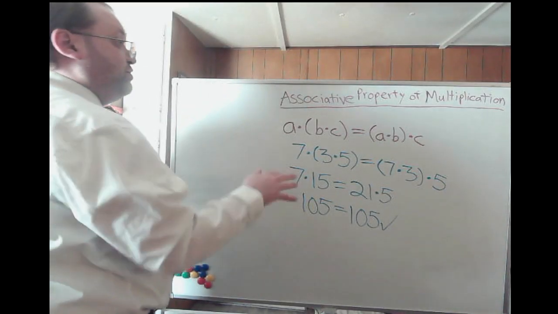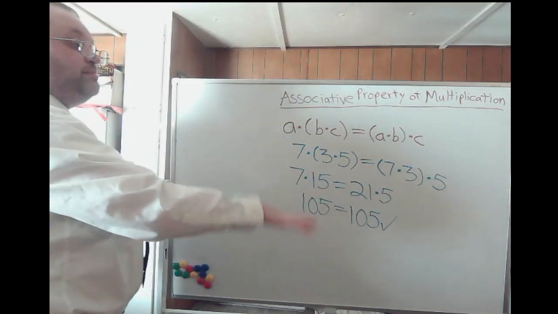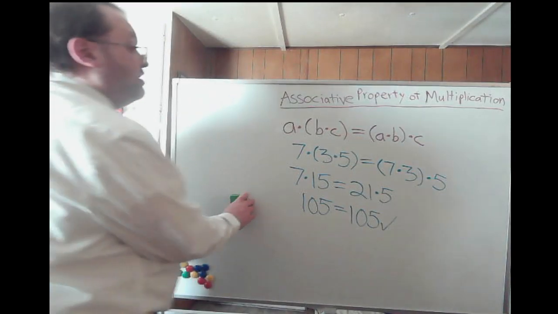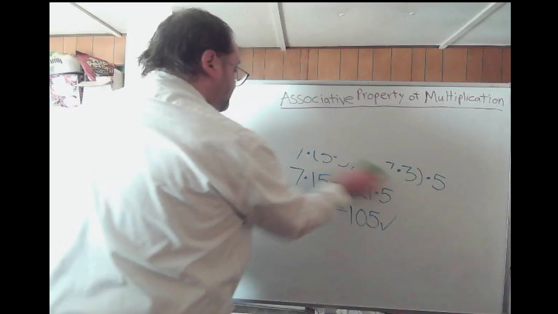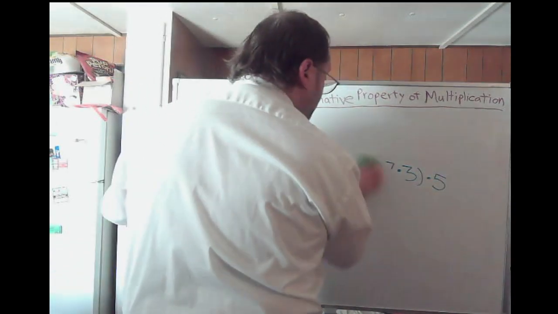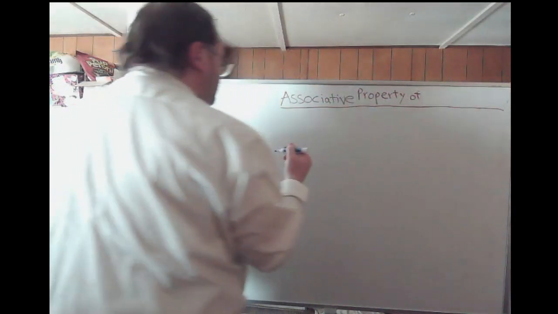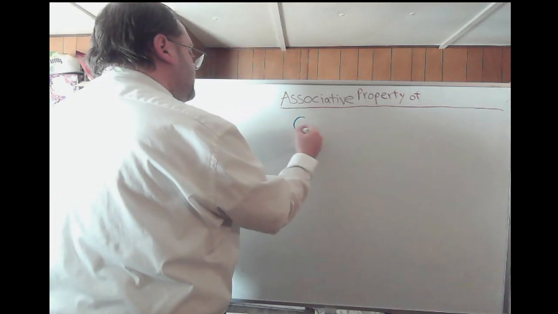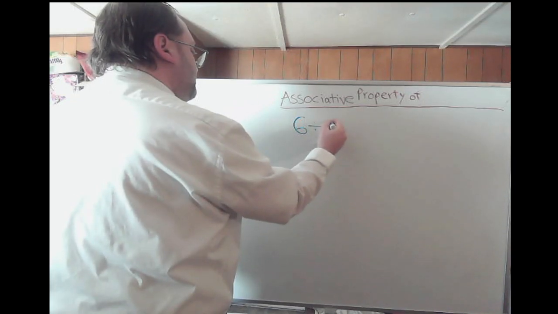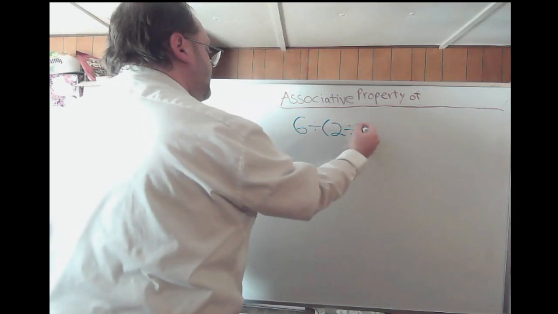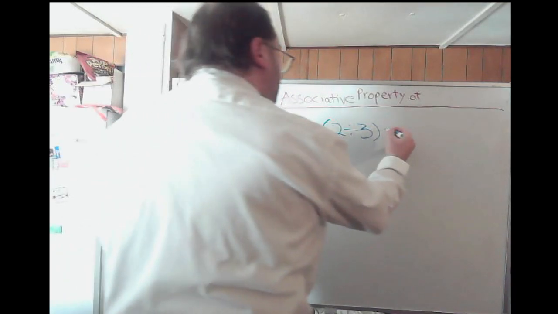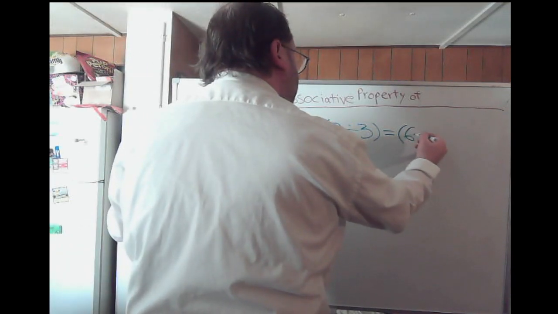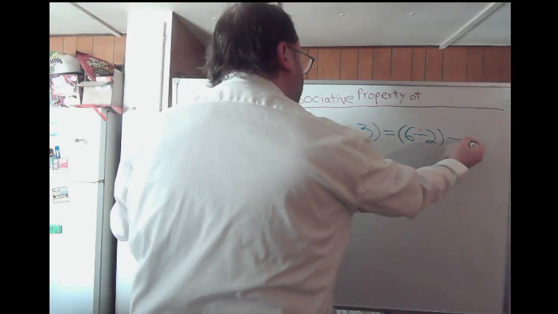So this proves that if you're doing it with multiplication, it also does not matter the order in which you move the parentheses around if it's straight multiplication. It has to be either straight multiplication or addition. It does not work with subtraction or division, as we're about to prove, because let's say with division, let's say you have something like 6 divided by, in parentheses, 2 divided by 3. You're going to try to set that equal to, in parentheses, 6 divided by 2, and then divided by 3